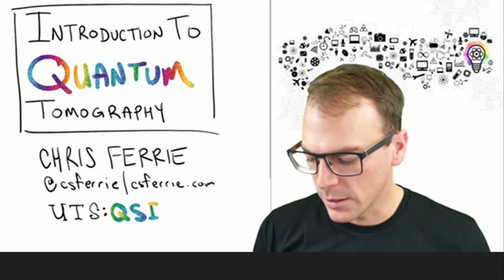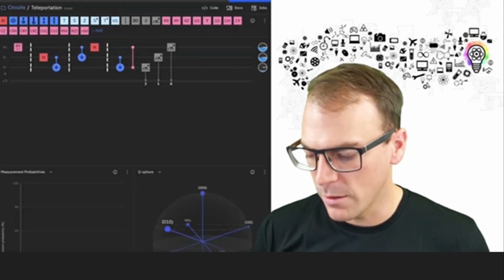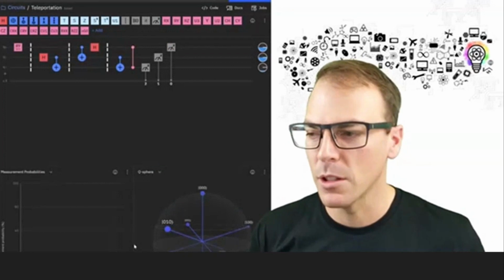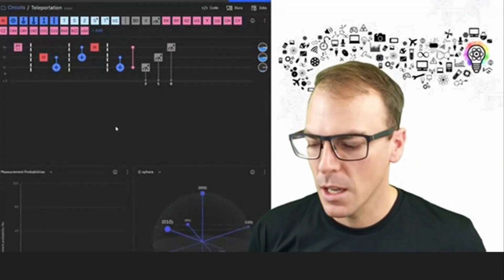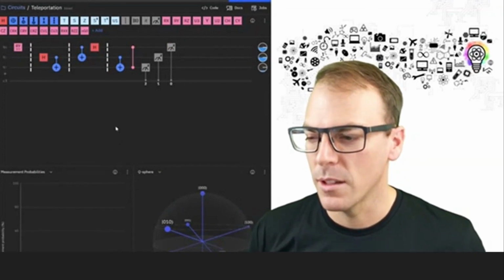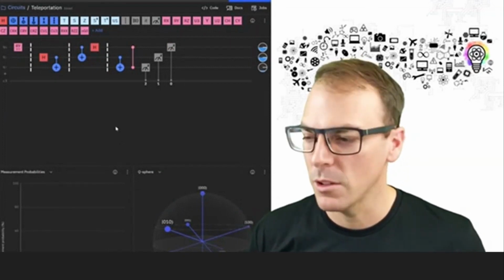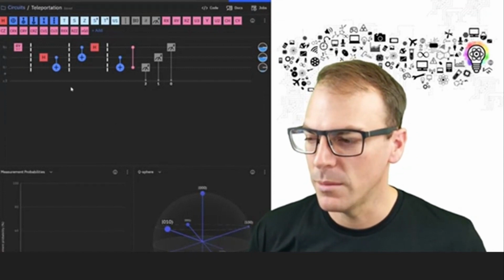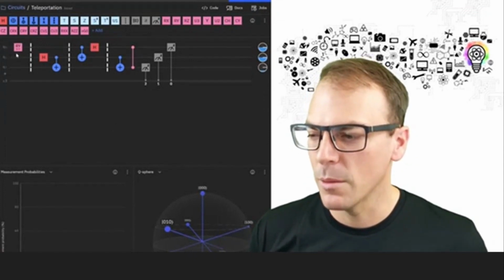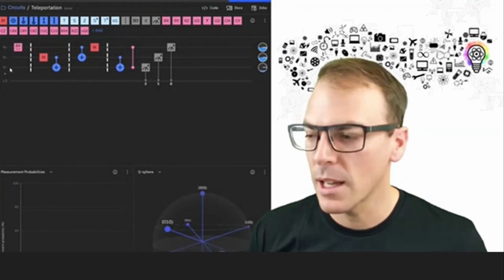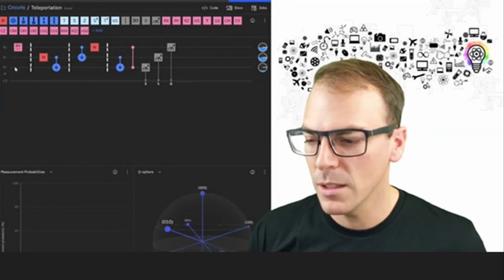I even suggested the idea that maybe you even ran an algorithm. So here I'm showing you the IBM quantum experience, and this is a teleportation circuit. If you recognize it, it's teleporting this state up here from the 0th qubit down to the last qubit,